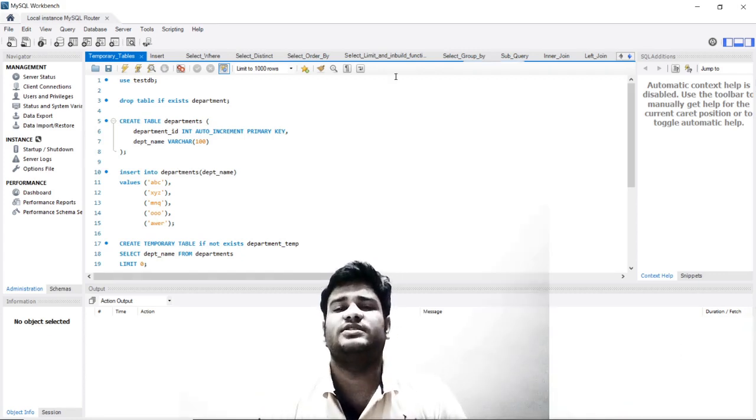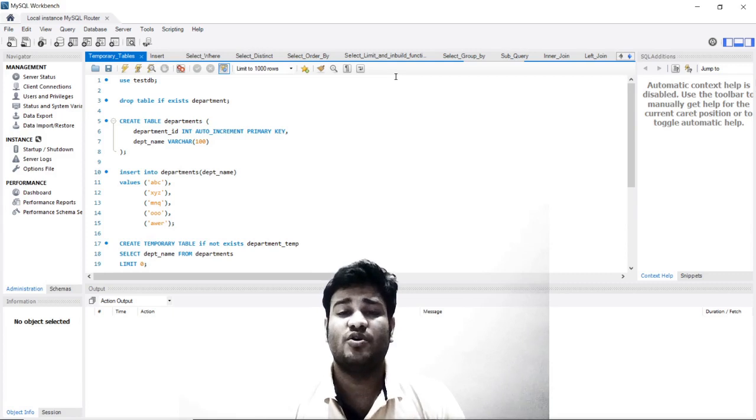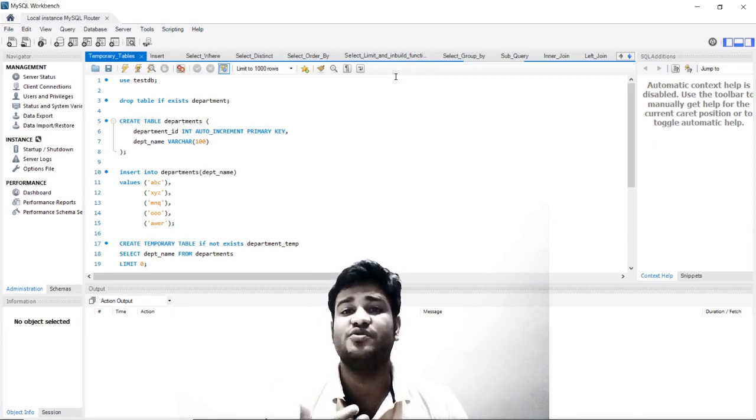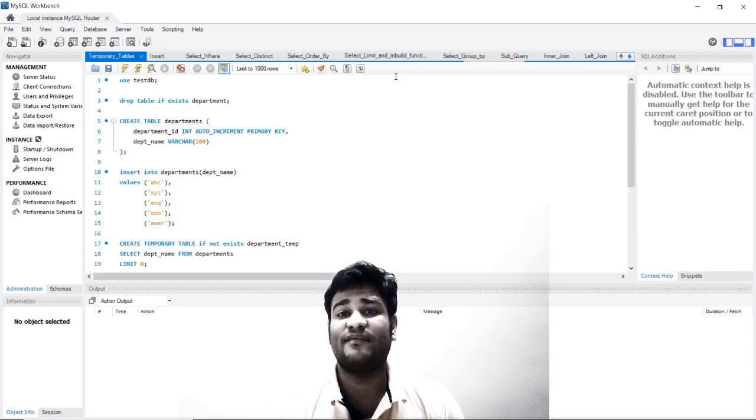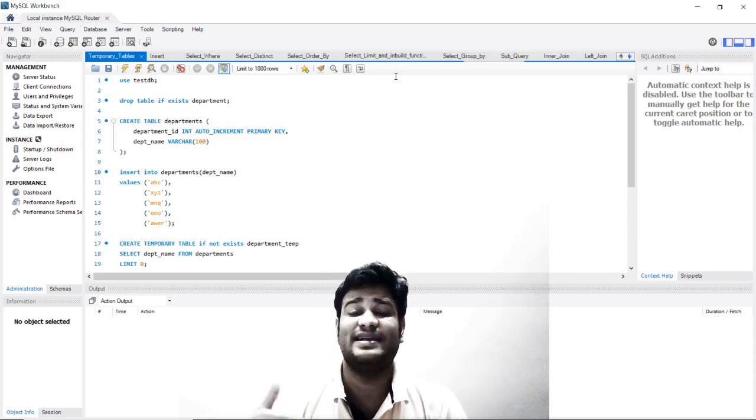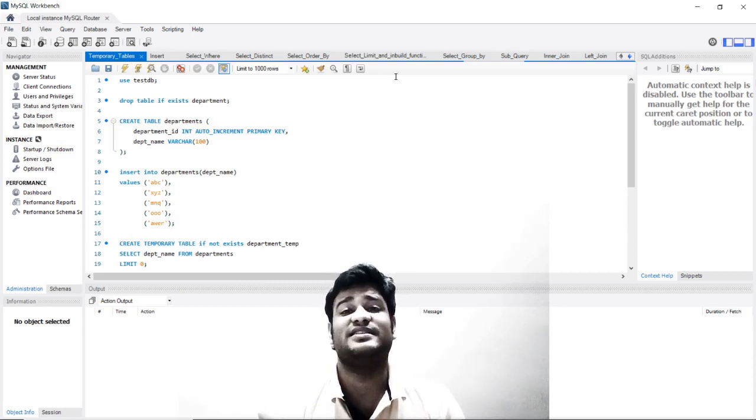Before we go to the practical part, let us understand what exactly temporary tables are. At first you log in to MySQL using a user. The first thing you need to know about temporary tables is that they are specific to users. Whenever you log in to MySQL, there is a connection, and MySQL works on client server architecture.